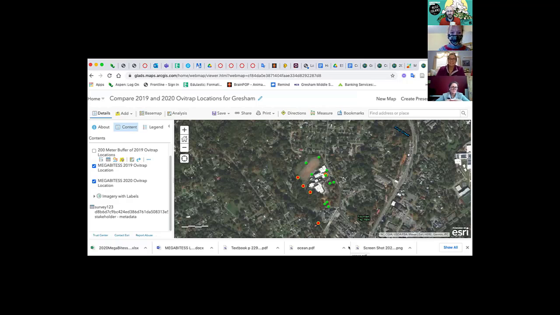Okay. So here's what I'm going to recommend. If you decide that you want to look at the number of eggs, let's say, since you have eggs from 2019 and 2020, let's do this. If we click on the name of the 2019 layer in the contents pane over on the left, it's going to activate it. Then you'll see a bunch of buttons show up. You want the one that looks like the geometric shapes, the triangle, square, and circle. That's your change style.